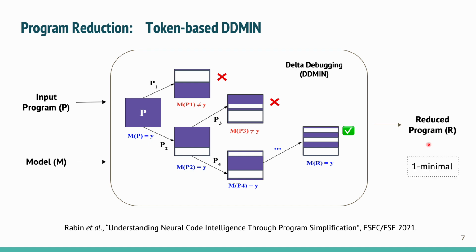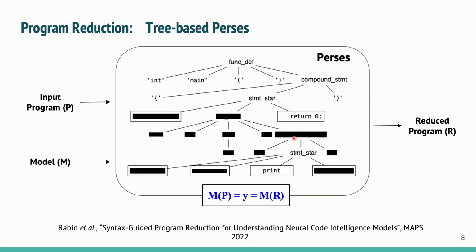The final reduced program is one minimal, where any attempt at further reduction will change the model's correct prediction. Another way to reduce a program is by traversing the tree of the program using parsers. While delta debugging is syntax aware, parsers follow the grammar of the programming language for reducing programs. Similarly, given an input program and a model, the approach first records the target prediction Y given by the model